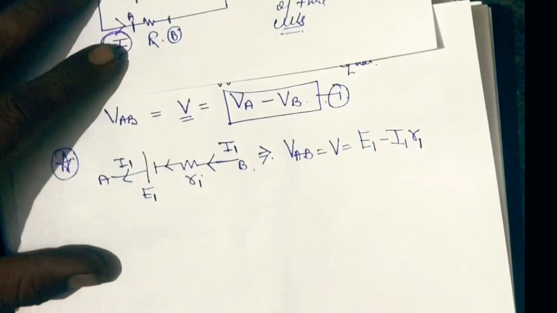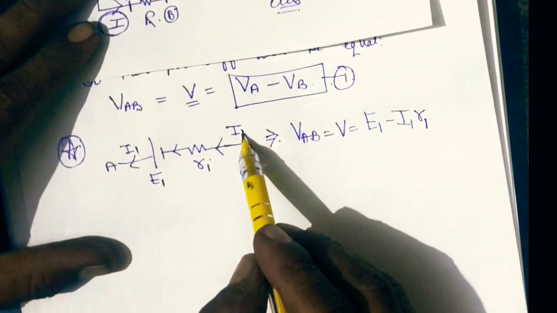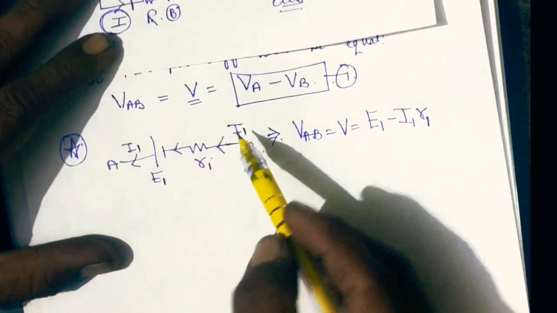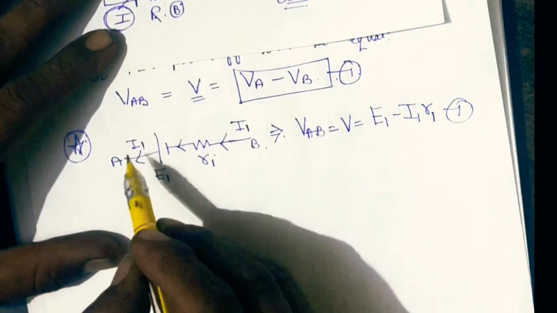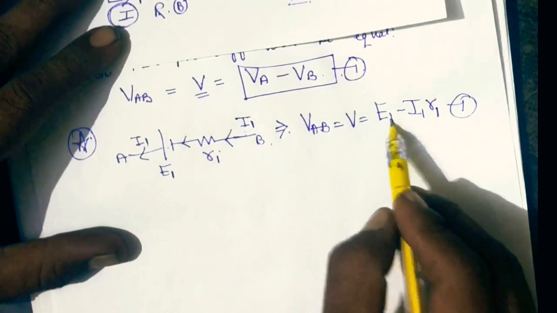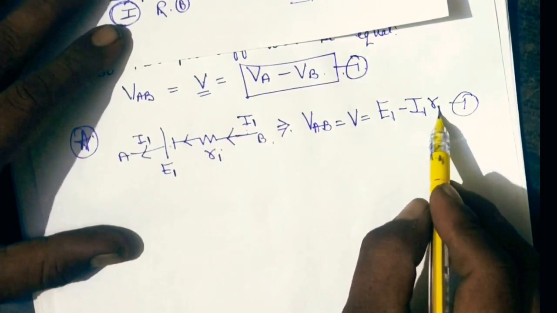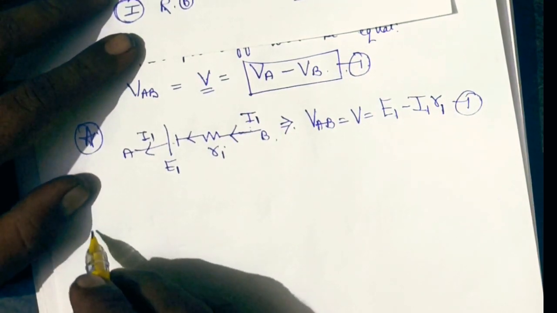Because the internal resistance of this cell is R1 and the current flowing is I1, the potential difference across this cell is V, its EMF is E1. So also for the second cell,